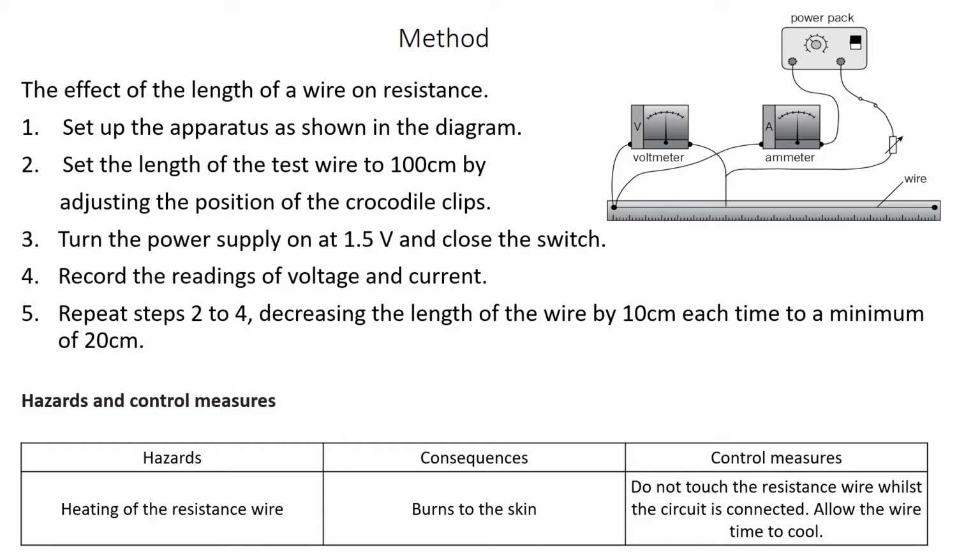Here is my method. We're going to set up the equipment, tick. Set the length of the wire to 100 centimetres, tick. Then we're going to set the power supply to 1.5 volts, tick. And then we're going to record the readings for the voltage, the potential difference, and the current, tick. Then we're going to repeat them for different lengths. Now you need to give a range of 5 readings. So you're going to say, I'm going to do it at 10, 20, 30, 40, 50. That's 5. Or you can say, I'm going to go 20, 40, 60, 80, 100. That's fine. But we need a range of at least 5 lengths that you are going to test,